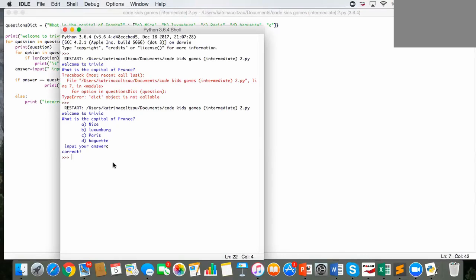Yeah. So see how important indentations and these brackets are. It says for option in question, there's a syntax error. That means it should be in a square bracket. And take care of the curly and squares and these brackets. So I am going to share my screen because we need to really move forward to